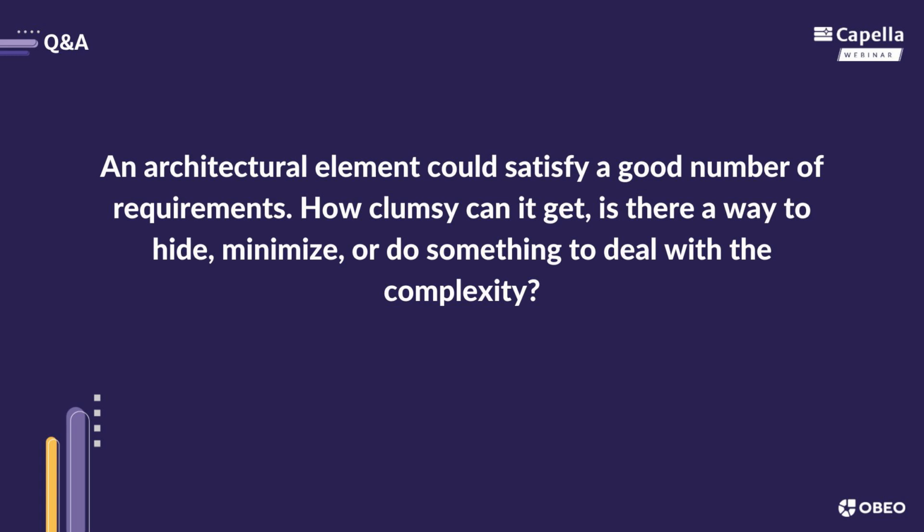And if you don't want to hide this and just want to hide a few, you can remove elements from a diagram without removing them from the model, or you can hide them. So to hide an element, it's just as simple as that. And to remove an element from a diagram without deleting it, it's like that. And in both cases, the diagram does not get cluttered, and the link is still there. That's what's important. So that's how we deal with complexity and with your question, which was this one.